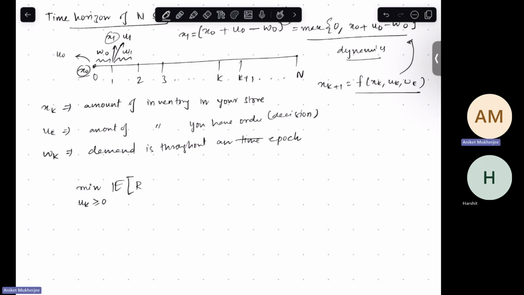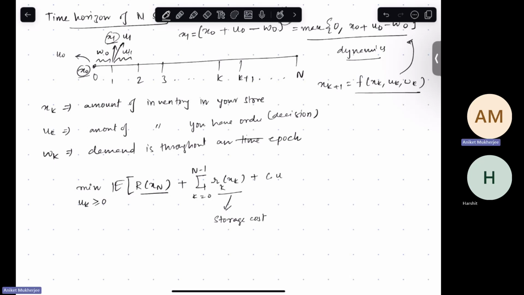Expectation was R of x_N. This is your end terminal state cost. Summation k equal to 0 to n minus 1. You had a cost R_k of x_k. Now, suppose you have x1 amount of stock remaining until the first epoch. Then you have to store that x1 somewhere. So this cost is basically storage cost